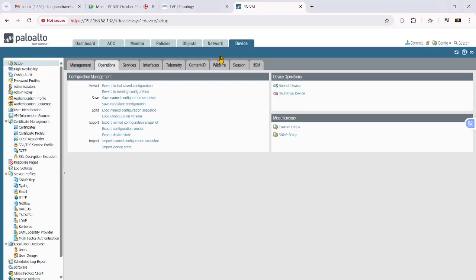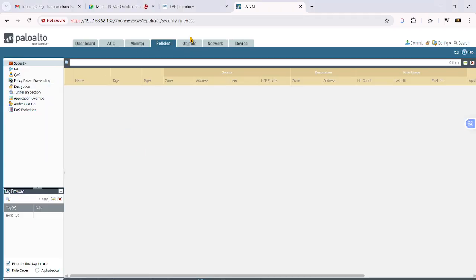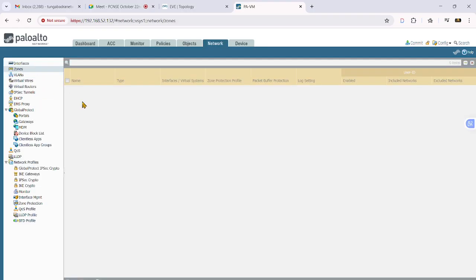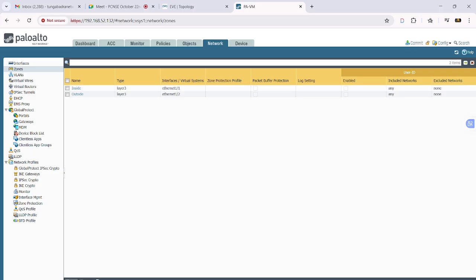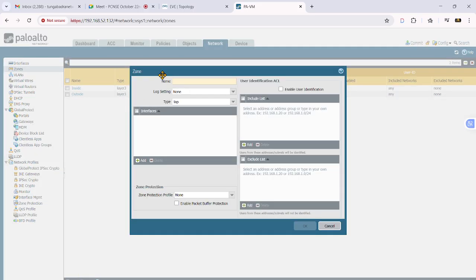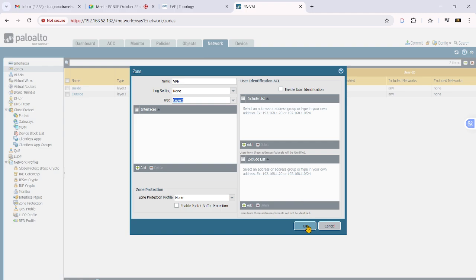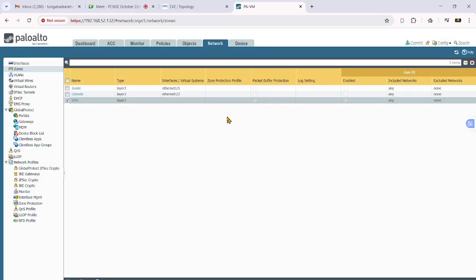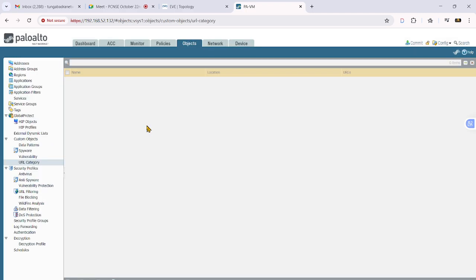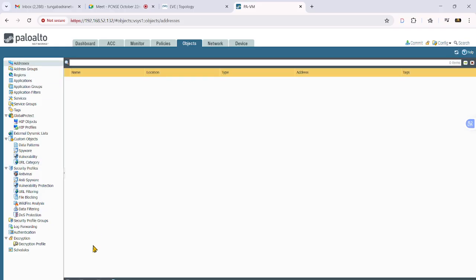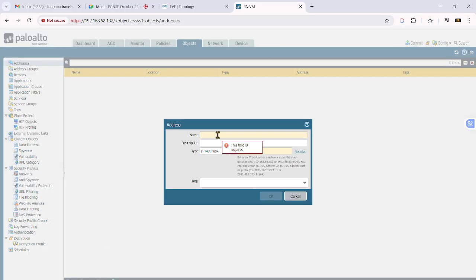So let me show you that. Let me make some other changes. We have already added zones, right? Let's create a zone here, and let me add an address object.